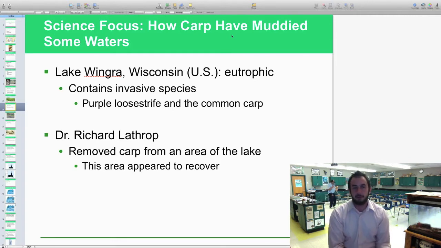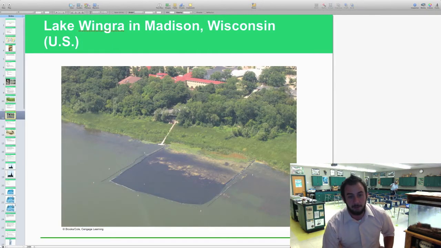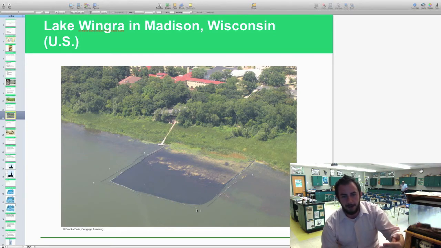Dr. Richard Lathrop was a research biologist who basically said, let's take a look and see if we remove those invasive species, if the ecosystem can rebound or repair itself. And if you look at the picture on the next slide here, it definitely works. So he literally fenced off an area with a fence that stretched all the way down to the bottom, took out every carp he could find,